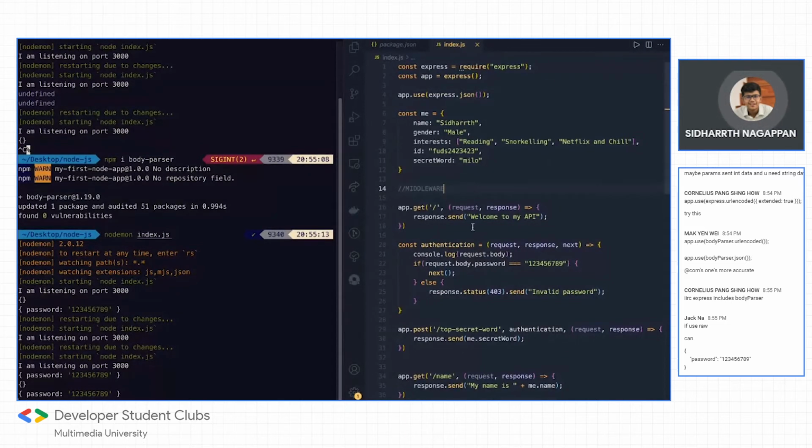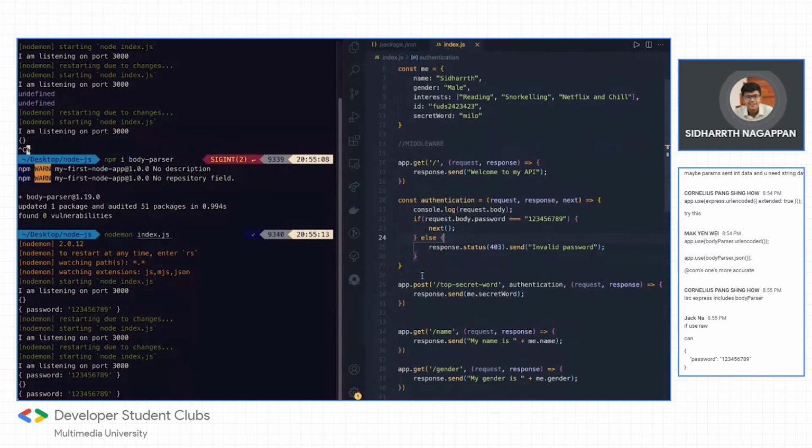So essentially, you'll be able to check whether this particular person is authenticated by passing in the correct password. If not, then it will send back saying it's an invalid password. So this is the first level of middleware checking. To prove that the middleware runs in a chain, we could even do something like